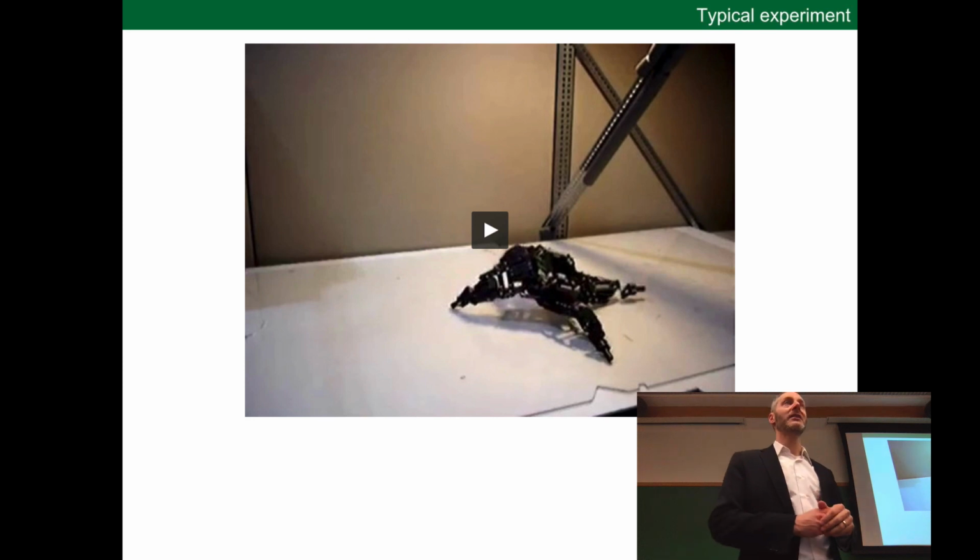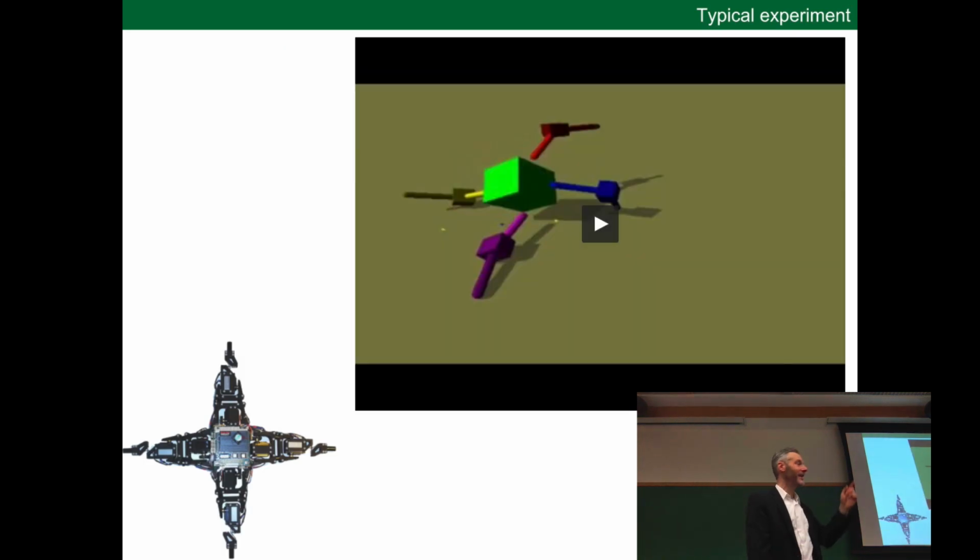tries it out in reality, and usually, well, maybe not usually, but a lot of the time, these controllers transfer from simulation to reality pretty well, which is particularly surprising because the simulator is not that accurate. The legs are bent. It's not perfect. Why would these controllers transfer more from simulation to reality compared to if we just sat down, like you did in assignment 8, and built the simulation by hand? Why do these controllers tend to be more transferable?